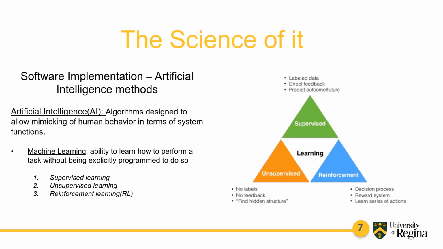Number three, reinforcement learning. This machine learning type can be better explained with the use of an example. Think of a scenario where you are training a pet dog. You can train the dog by rewarding it with treats for every correct behavior exhibited and not doing anything for incorrect behaviors. Soon enough, the dog will learn that good behaviors are what gets it treats. So it will listen to the commands and do the exact trick it was trained to do. This is called positive reinforcement.